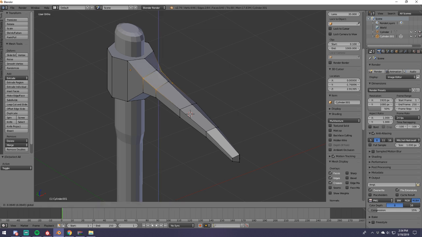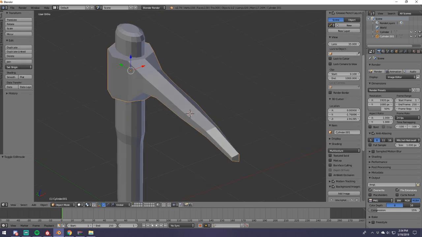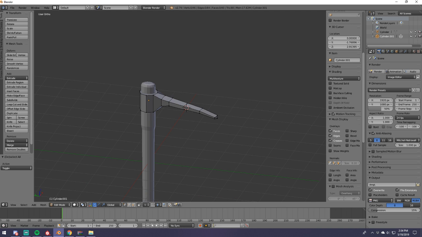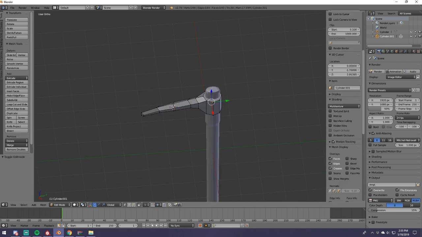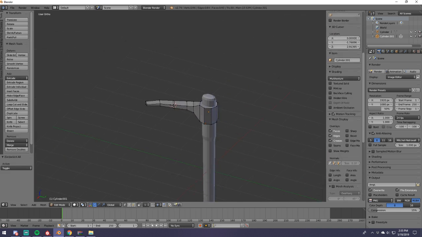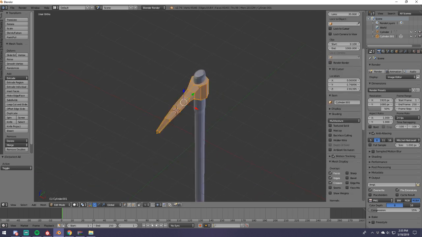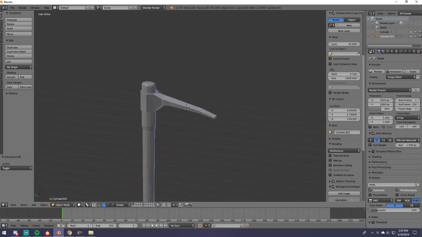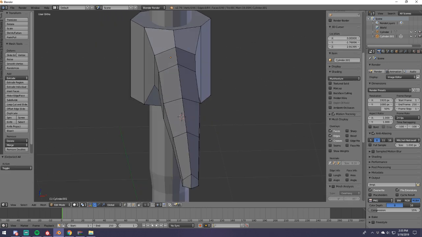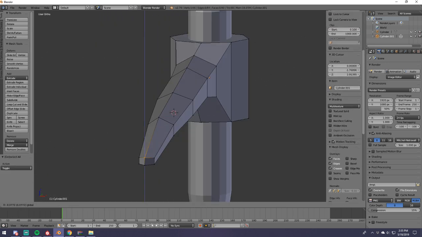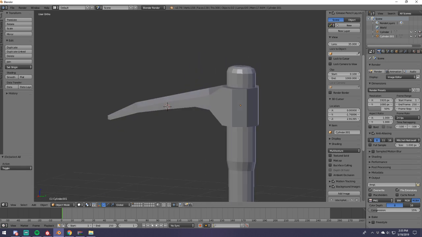Because what if I... I don't know, man. I think it kind of worked out. Let me just see how this looks with like a texture on it and everything. Because I think, I mean, obviously some of these are like out of place, but